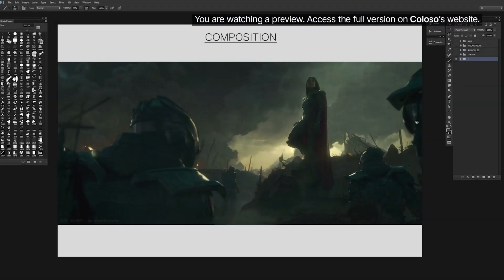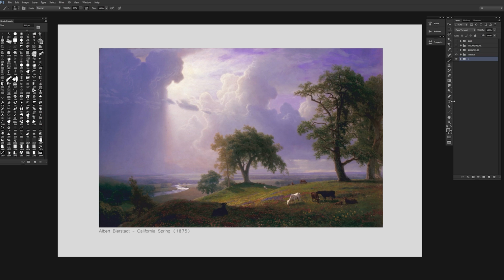Let's talk about composition. Let's give a quick overview as to what composition is and a bit of its most used rules or guidelines and how we can use it for our advantage in our class and in the piece that we're about to do. So the first and probably the most famous or the most used rule about composition is the rule